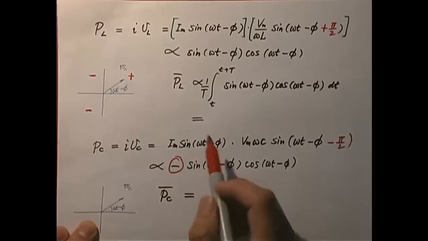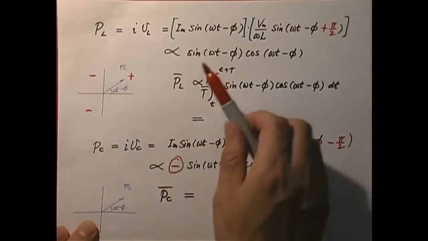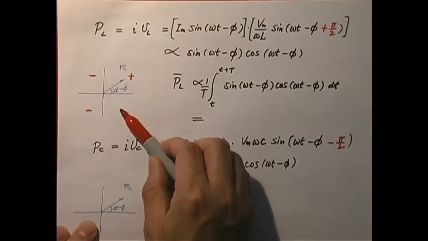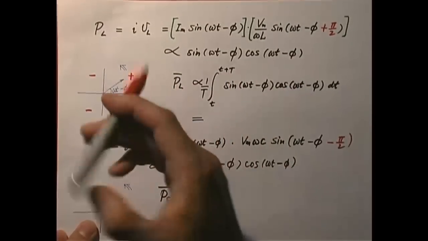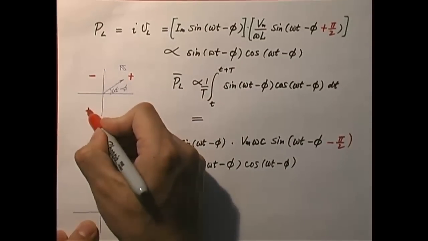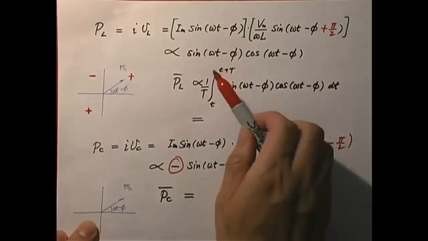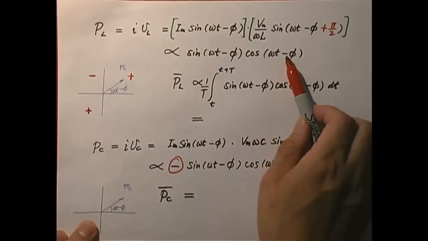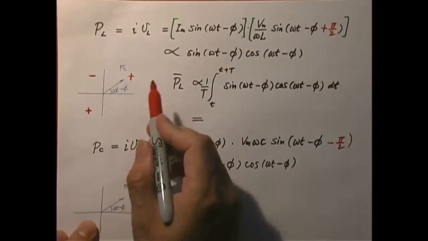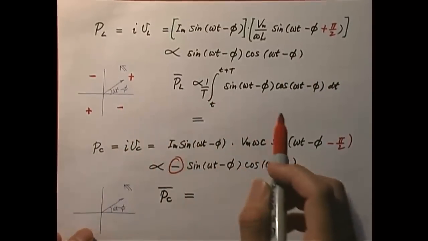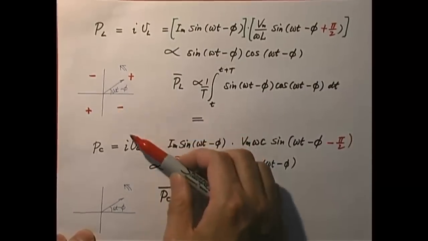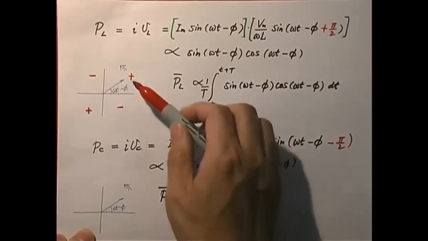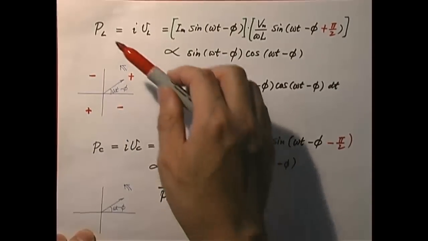Once again, it's feeding energy back into the system. Now, finally, you go to the fourth quadrant. When both are negative, you should get a positive value, right? But in the fourth quadrant, sine is negative, cosine is positive. So now the product once again becomes negative, which means in the fourth quadrant, the inductor is again feeding energy back into the system. So you see, within the whole cycle, half of the time PL is positive,